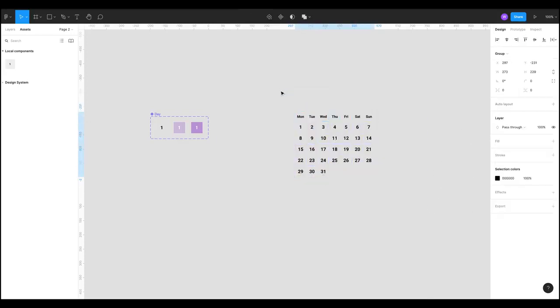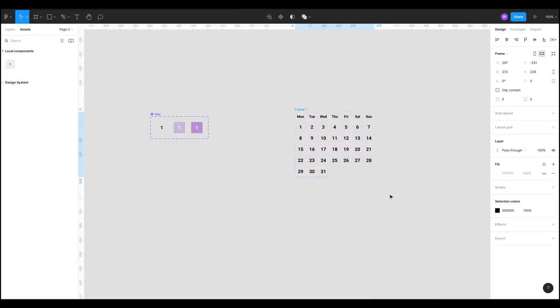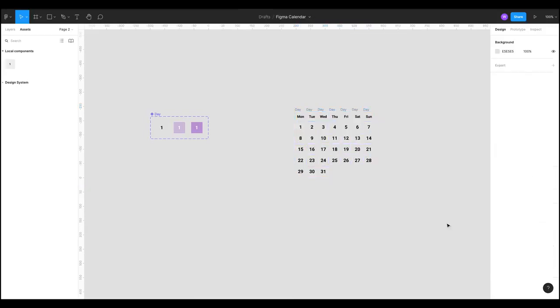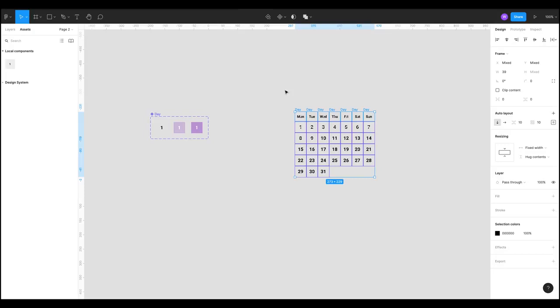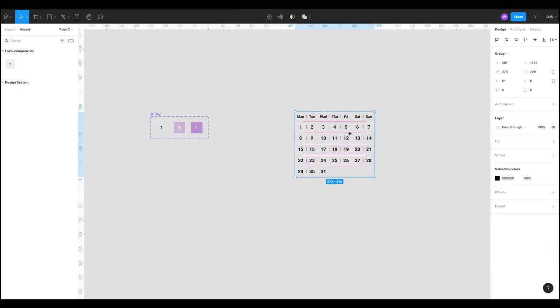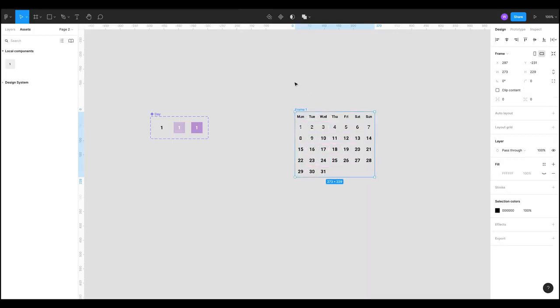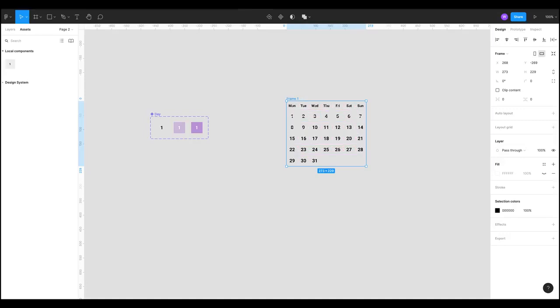So I'm going to group that, frame it, and then I'm going to add an auto layout to it. So if that was a bit quick, I'll just undo all of that. So what I've done here is I've pressed Command G to group it, and then I've pressed to frame it, which is Option Command G. So it's now inside a frame, and then I'm going to apply an auto layout to that frame,